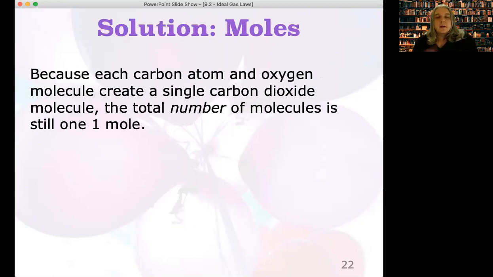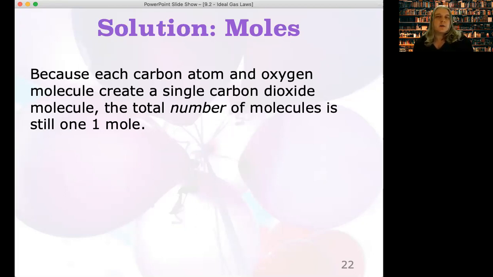The solution is that you will have 1 mole. So you've got a mole of carbon atoms. You've got 6.02 times 10 to the 23 carbon atoms. And to every one of those, you attach an O2 molecule. Well, you don't attach it, you chemically combine them and they turn from carbon and O2 into CO2. But that means that every 1 carbon atom is now part of 1 carbon dioxide molecule. So if you had 6.02 times 10 to the